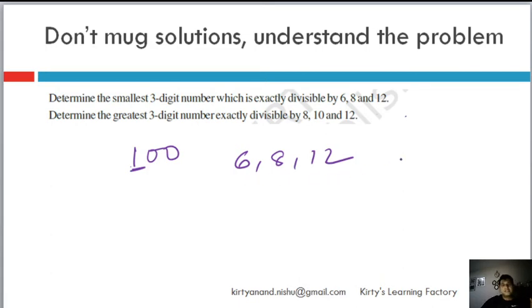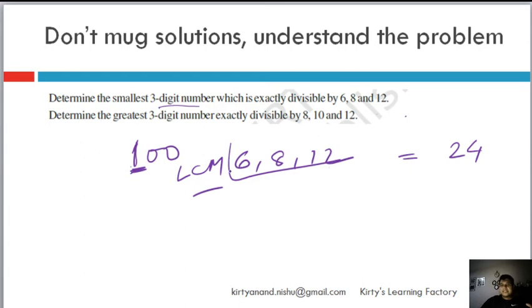That will be the smallest number. That number is 24. So I have written it, you find out. Okay, it will come out to be 24. So 24 is the smallest number which 6, 8 and 12 divide completely. Now they are saying that you find out the smallest 3-digit number. Then the smallest 3-digit number is 100.